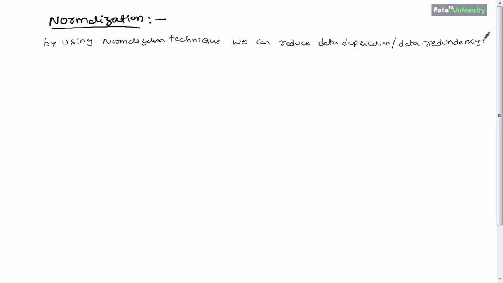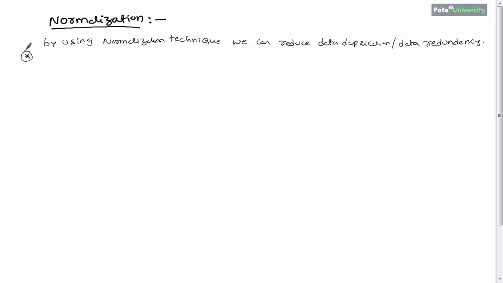Before going to the example, first I will explain how we will be doing normalization, or what will happen when you try to normalize the table for reducing the data duplication or data redundancy.